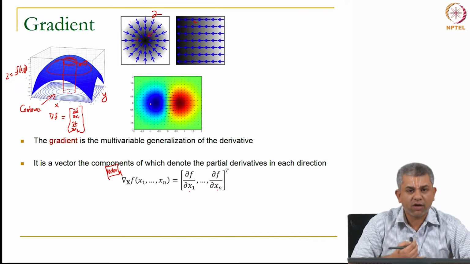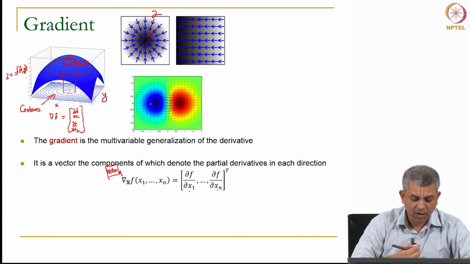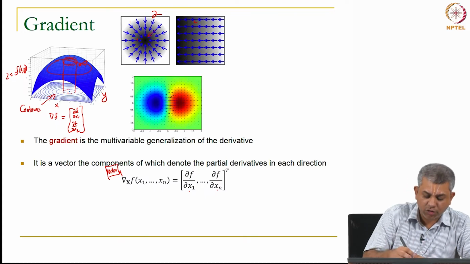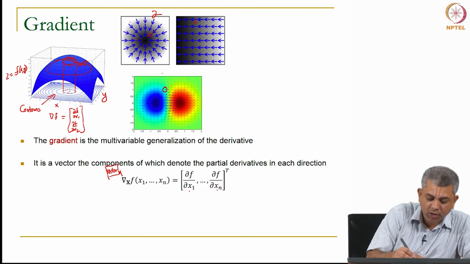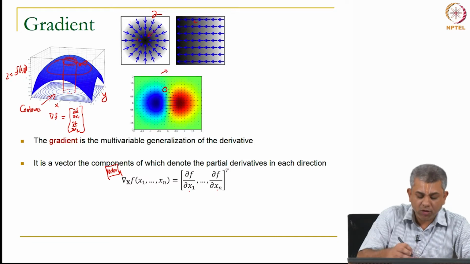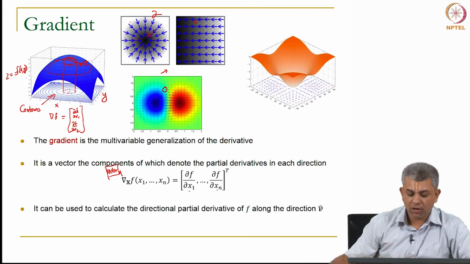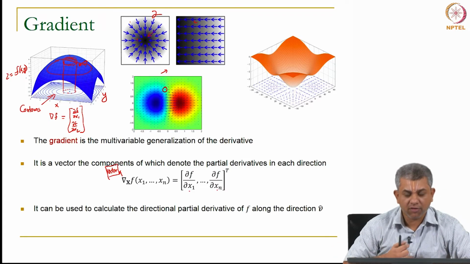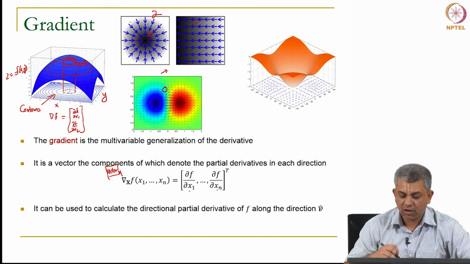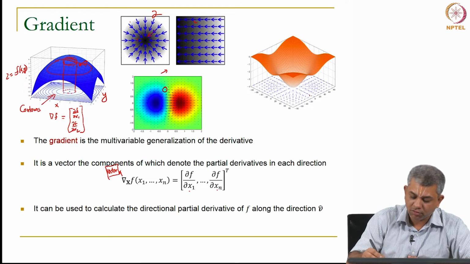Some of you who have worked in fluid mechanics might have seen this or even in other fields. So, now you notice these arrows here, and the arrows are aligned along the direction of maximum change. Now, if you have a more complex curve, something of this sort, once again you can draw the gradient field.